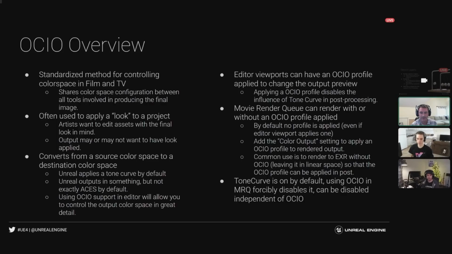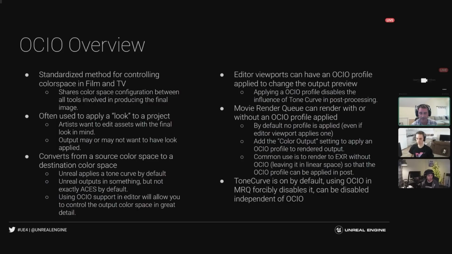One thing I'll get into is the movie render queue side of it, and then the viewport in just a second. Typically this could be so that you can work in linear space, but you could see what the overall LUT applied to the film is going to look like. Maybe there's been a grade done by a colorist that the director loves and wants to see applied. So it's a way to work without those color transforms applied directly, and there's the idea of being able to preview it, but then also render media from it.